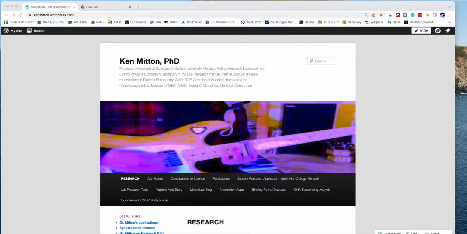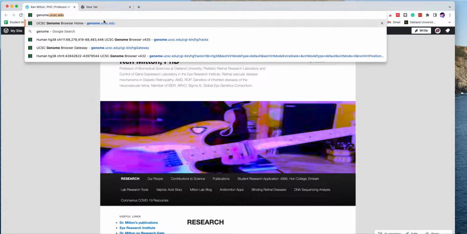Okay, so very quickly, this is what we need to do. I want to show you how to quickly get the images we need for the book chapter for your gene. So I'm going to go to